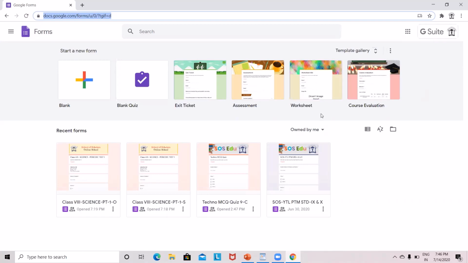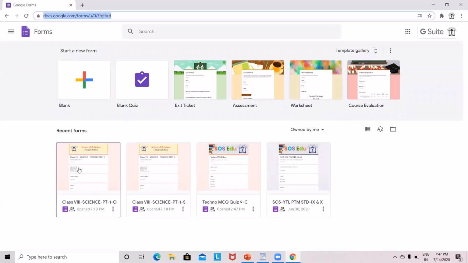Here you can see I have two papers: Class Standard 8 Science PT1 Objective, and Class Standard 8 Science PT1 Subjective. So there are two papers. Now, for example, in School of Scholar Yavatmal, Standard 8 has 5 sections. So the exam in charge needs to make 5 copies of the objective paper as well as 5 copies of the subjective paper. How to do this? Now I am going to explain.